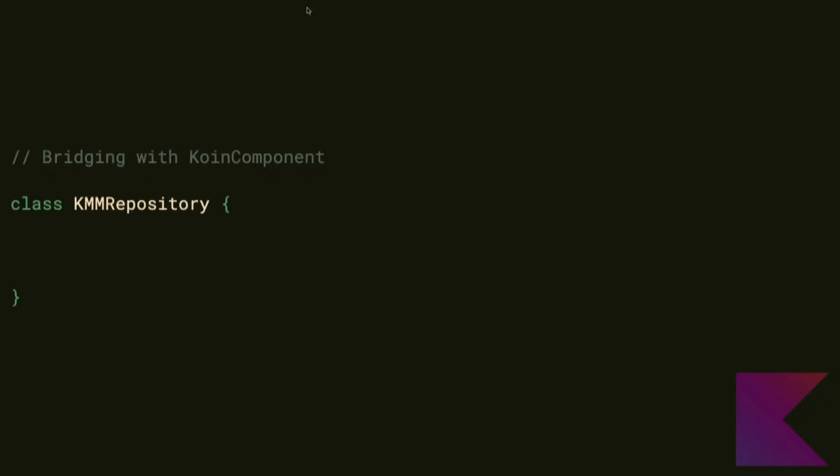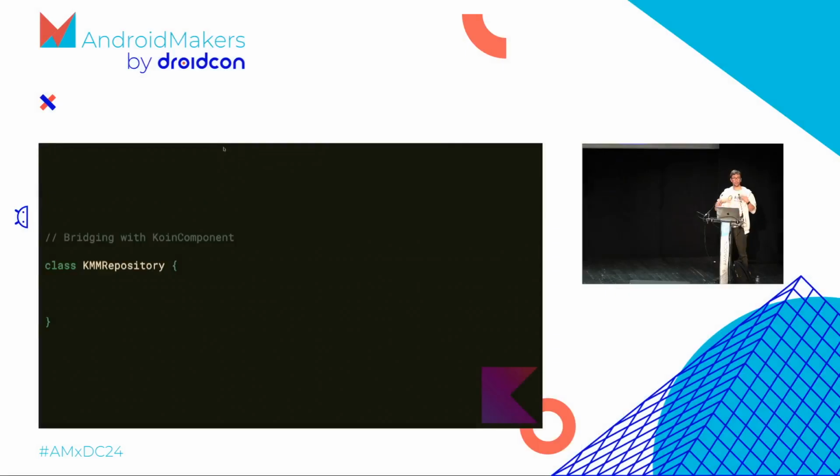The other way, and the other capacity from Koin, and John is really using it a lot in his application, is finally bridging with one of the components. What we really intend by bridging is that finally you will create one component, one class from Kotlin inside Swift, but this class will pull all the dependencies for you. And then you keep the magic from Koin. This class, for example, is a shared repository. And this shared repository, we can